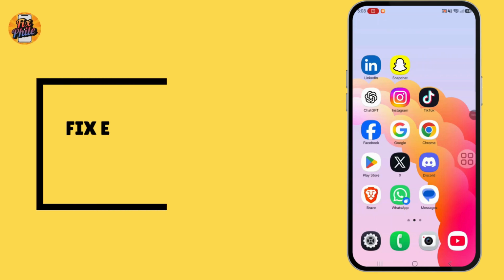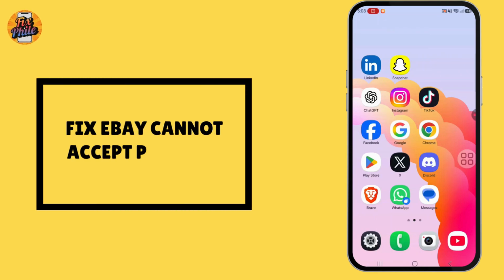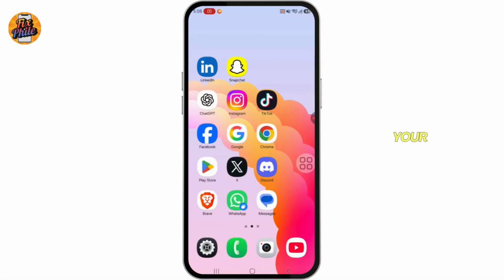In this video, I will guide you on how to fix eBay cannot accept payment. First, you want to check your billing address and make sure it exactly matches the address associated with your payment